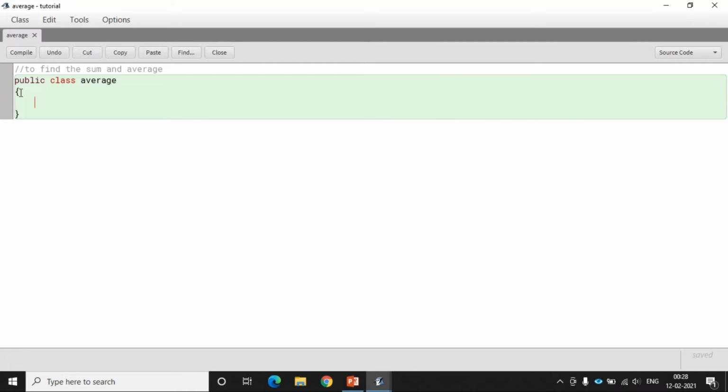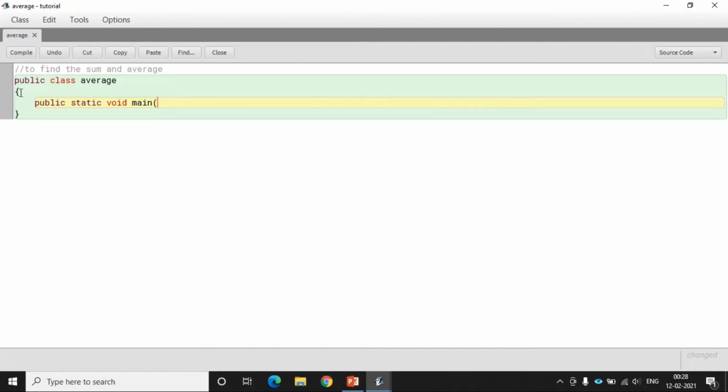Now we have to declare the main function, so we will write public static void main. Now remember, this program we are doing by using function argument.